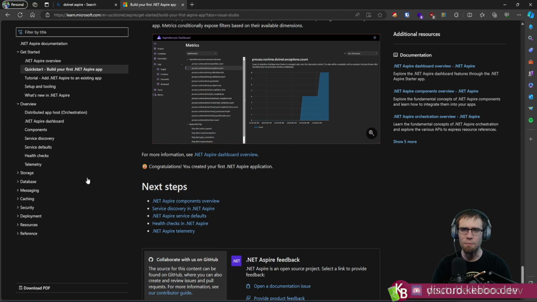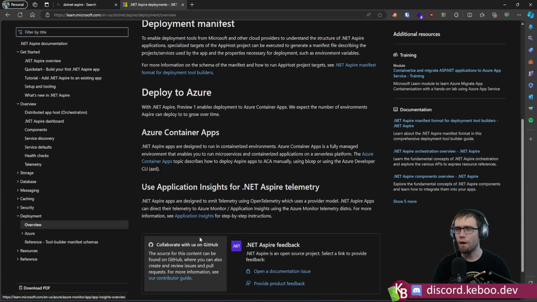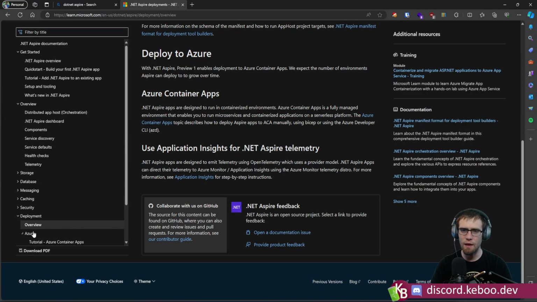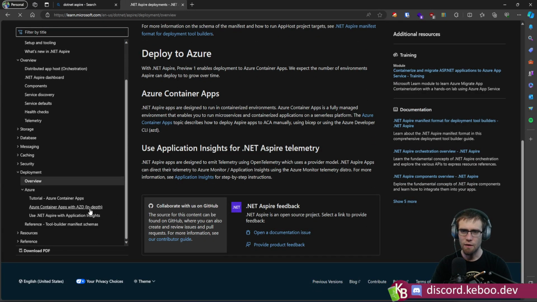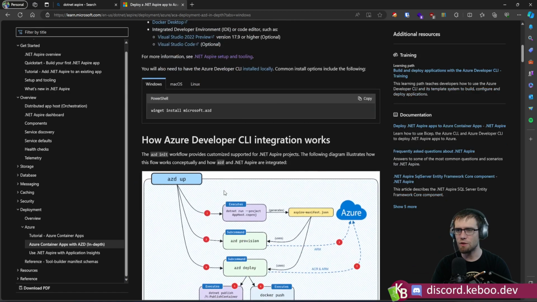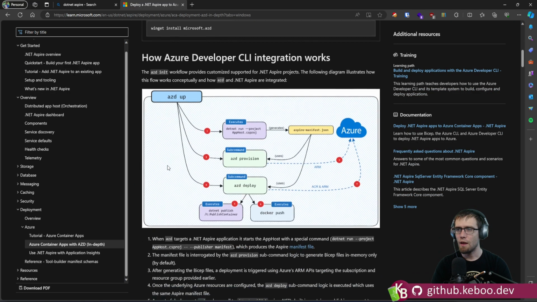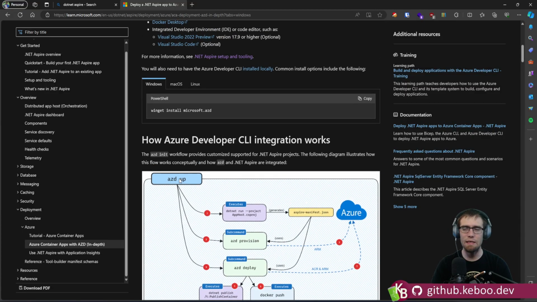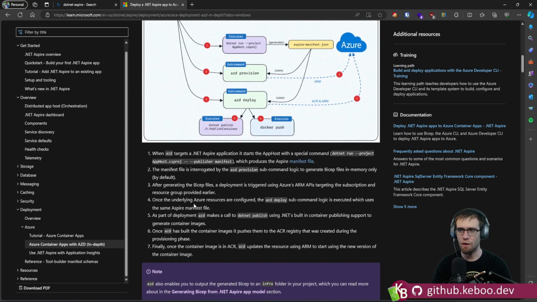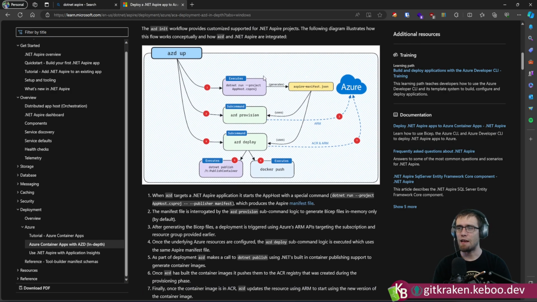There is a deployment. Oh, it's probably under the deployment section. Who would have thunk? They have added in tooling for the AZD command, which is the Azure developer tool. And so you can do AZD up, and it will go through. It'll ask you to give your environment a name, and then it does a bunch of defaults, like it creates a resource group that uses that as part of the name and various bits, and deploys all